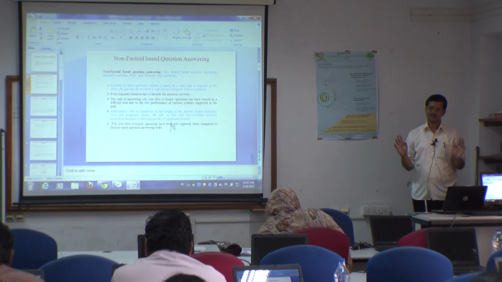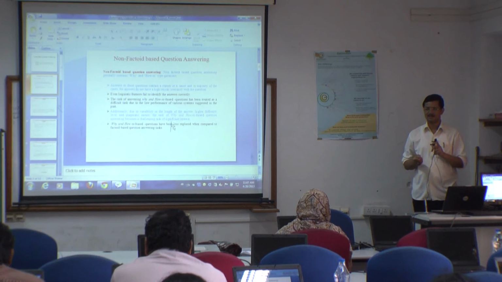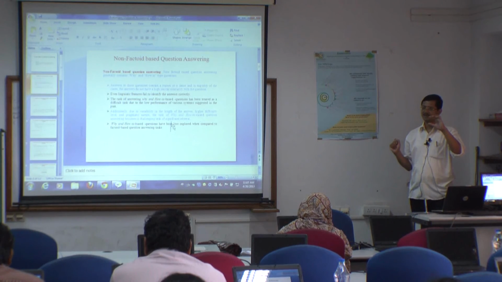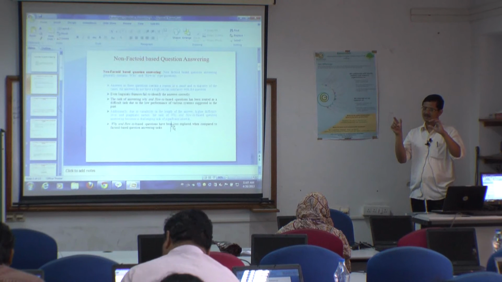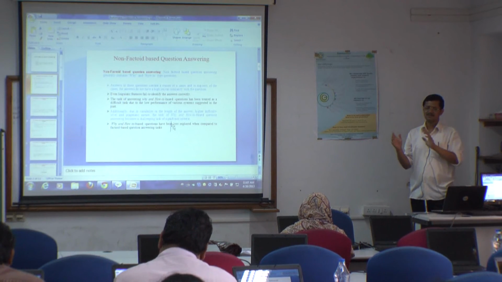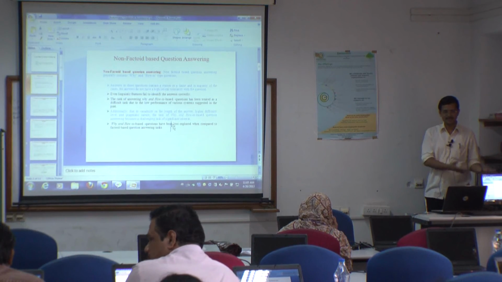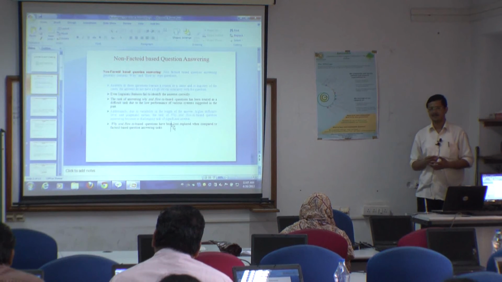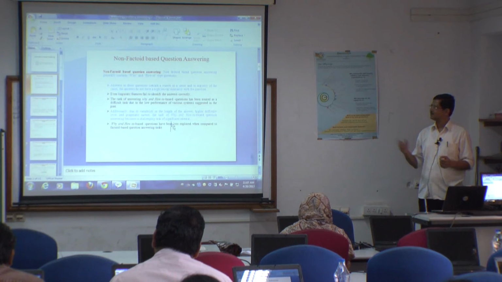Most basic approach. The second approach is you can use surface text pattern plus named entity, and then again score. You use that score to rank the answers available in the document. Identify where those surface text patterns and everything are available, and based on that score each answer. So this is a simple way, you can apply the same technique here also. Just create the score by using all techniques. Then you can rank.